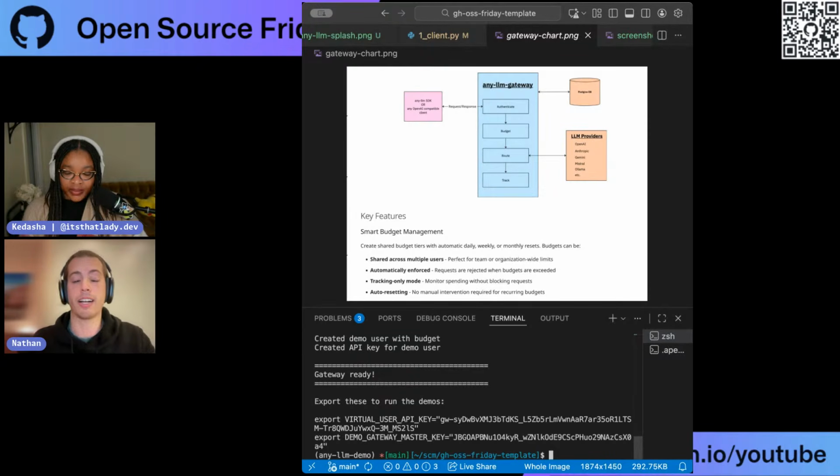Mozilla.ai actually has another project called MCPD, which helps you manage your MCP servers. Using that tool, you could manage your MCP servers and then pass those tools into any-llm as the SDK. Gotcha. So we support MCPs in as much as we support all tools. If you turn it into a function call or a function specification, we'll support it for you. It will work.